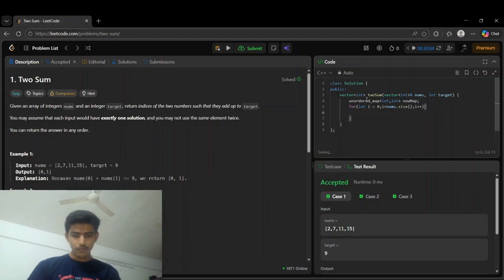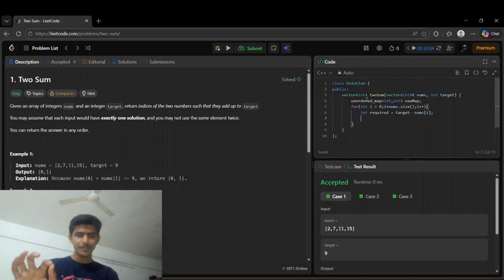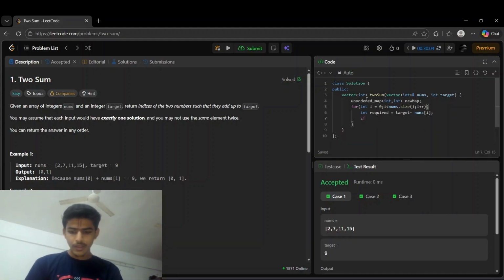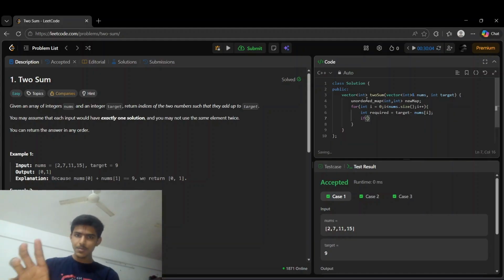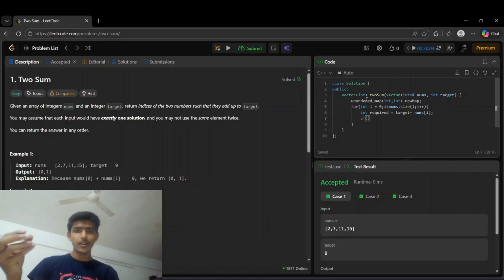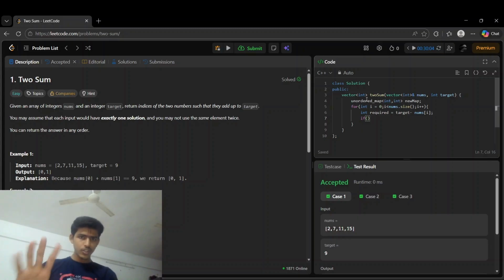And now we will check first. As I mentioned, we will declare a variable called required, which will contain the subtracted part of target and the current index's number. And then we will check if the hash map is containing the subtracted part of target and the current number or not. So just to mention, for a hash map, like an unordered map, for checking